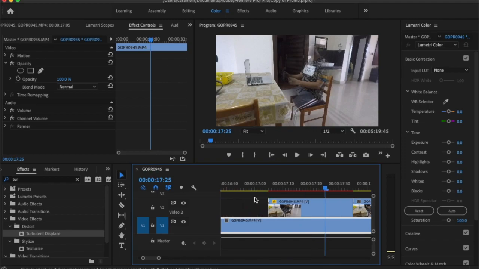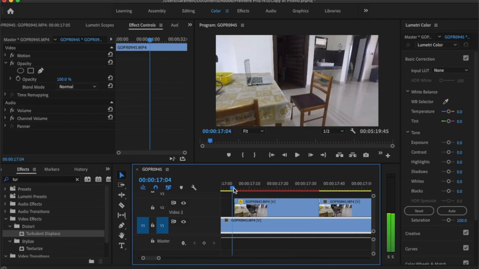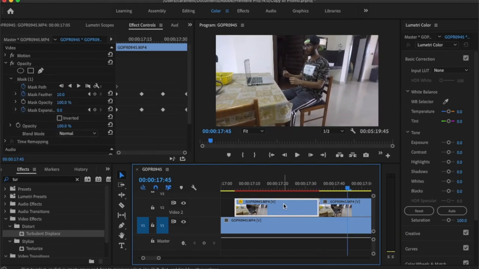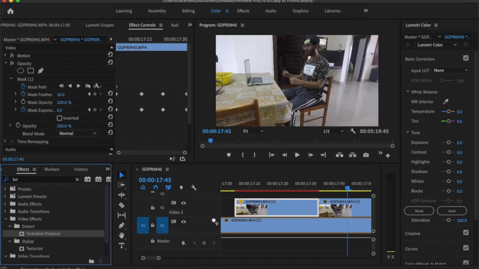It's going to show the time I just sat on the chair, and I'm visible. And now we are not yet done with the editing. We have a lot more. Now go to effects section and search for turbulence displace, then drag it, drop it to your video, and as soon as you do that,